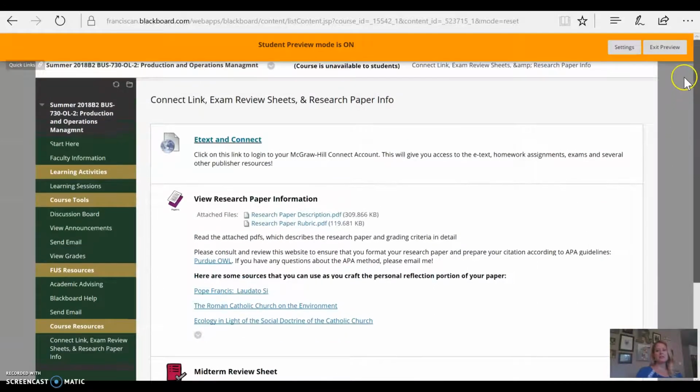The midterm and finals are taken in Connect, so they're multiple choice and problem solving. There's no essay questions. I feel like you get a lot of opportunity to discuss various elements of the course within the discussion board itself and within the case studies that we complete, as well as the research paper. So that's why the midterm and final are strictly quantitative, and then closed-ended